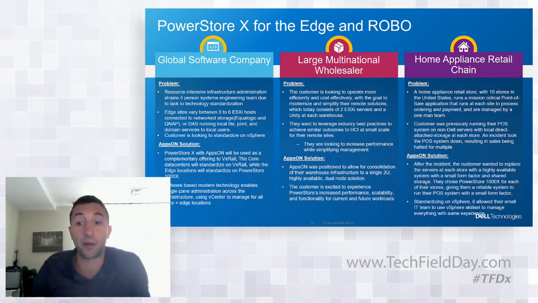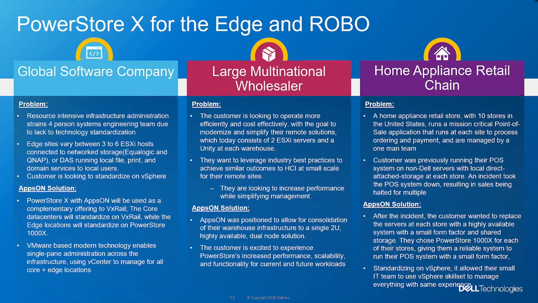Another common sticking point that we're seeing with AppsOn is that it provides customers the ability to standardize on the vSphere hypervisor versus disparate technologies. We're seeing PowerStore complement VxRail, with one customer standardizing, for example, their entire core data center on VxRail and their edge sites, which previously ran anywhere from 3 to 6 ESXi hosts with direct attached storage